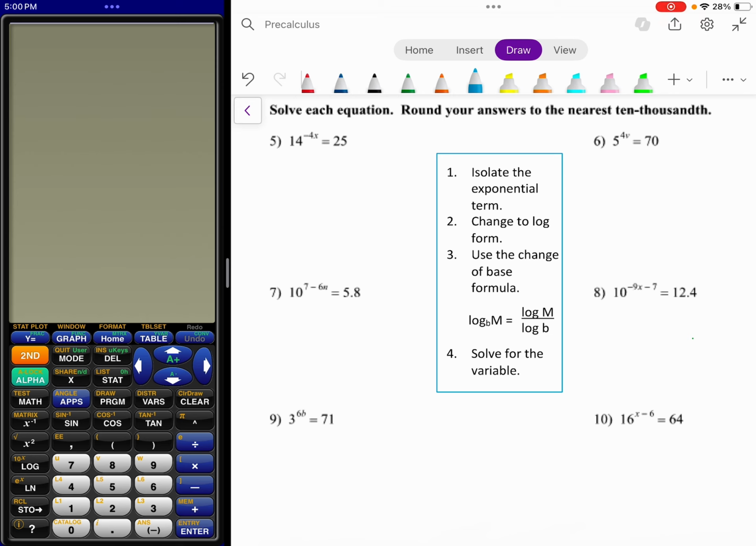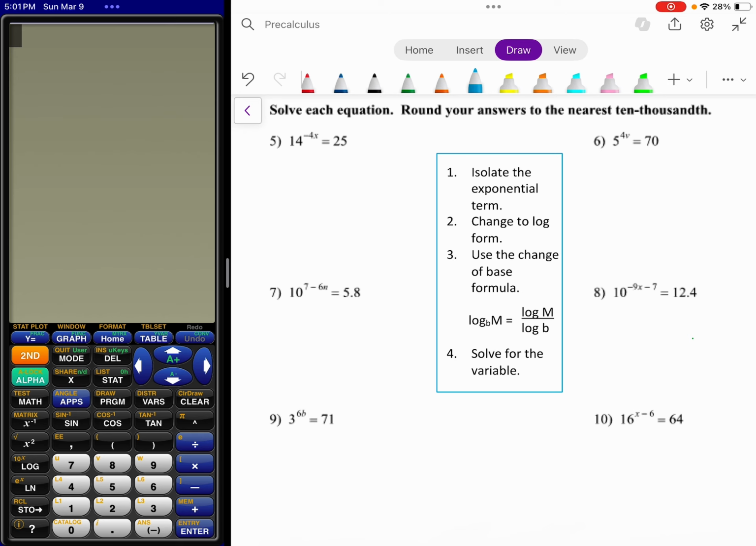Although step 1, we actually never use step 1 in these 6 questions, but you would isolate the exponential term. You could do that by adding or subtracting things to both sides, but we don't have any setup like that. So we're really going to end up starting with number 2, and we're going to change to log form. After we change to log form, we're going to have a logarithm that is not base 10 or base e. It's not a common log or natural log, and so we're going to change to common or natural log